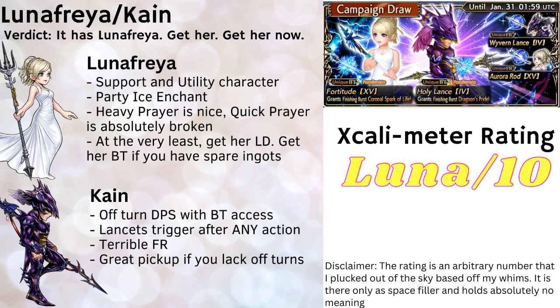At the very least, I would highly recommend getting her LD, because it is her LD that gives you access to her prayers. Getting access to her LD would also mean that you will then have access to her LD call ability, and her LD call ability is also a one-time use that will allow you to buff prayers on your party. Her BT though is also quite good because while her BT aura is up,